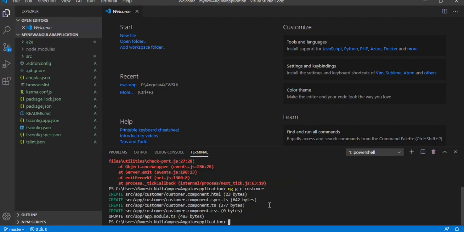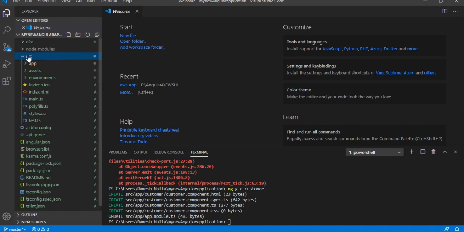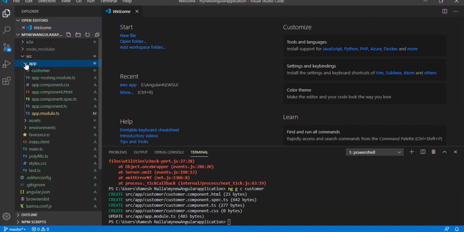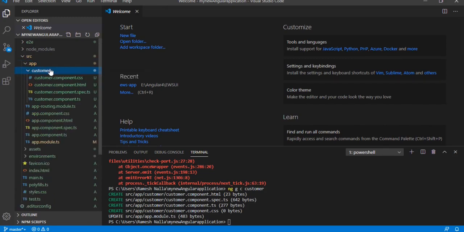Now the customer component is created, and you can verify under src, in the app folder, where we have the customer component. We just created it using ng g c customer, ng generate component name. Let me open this component.